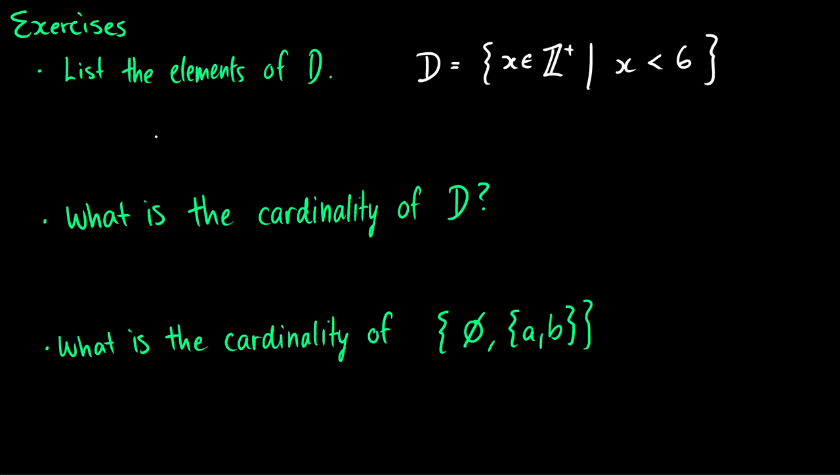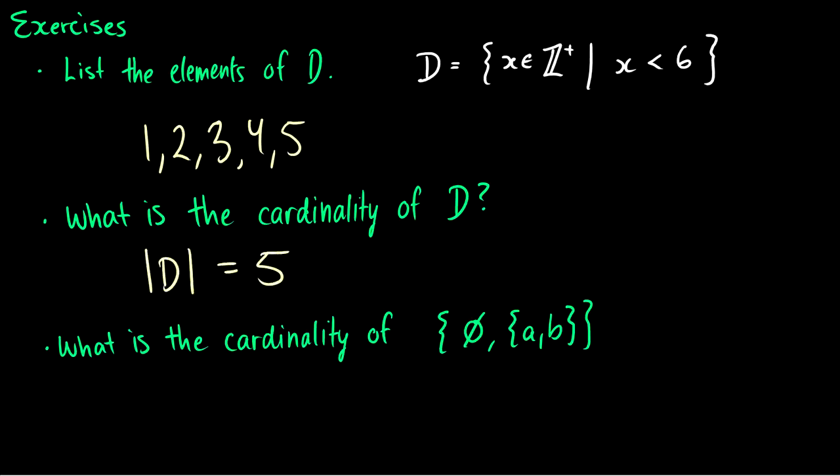Let's do this in a different color. 2, 3, 4, and 5. Can I add 6? I can't add 6 because x is not less than 6. Can I add 0? Well, I can't add 0 because I specifically want the x's that are in positive integers, and 0 is not a positive integer. Okay, what's the cardinality of D then? Well, this is easier because I've already written out all the elements in my set. So I see there's 5 things there. So I can say the cardinality of D is equal to 5 because it contains the numbers 1, 2, 3,